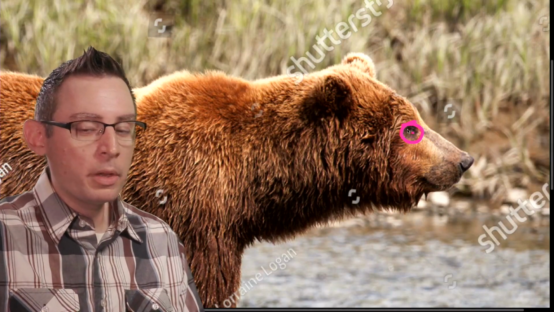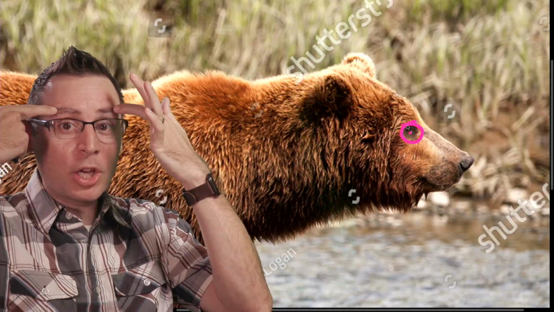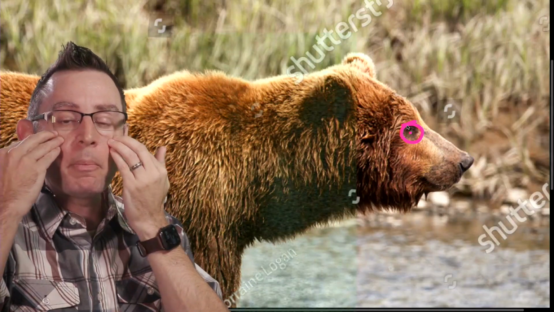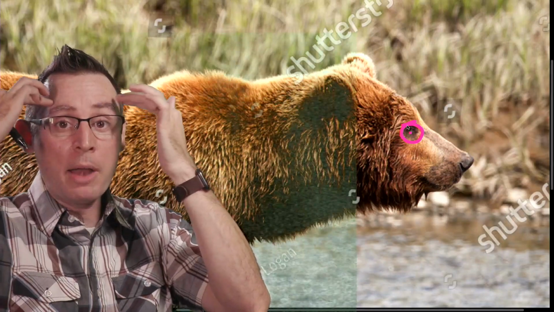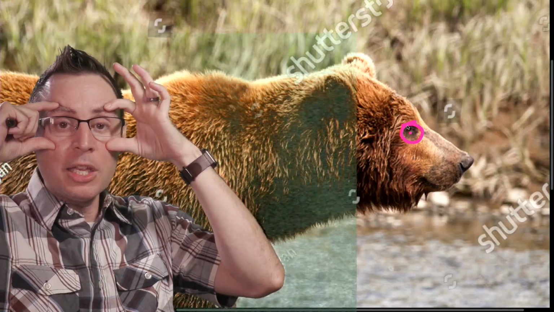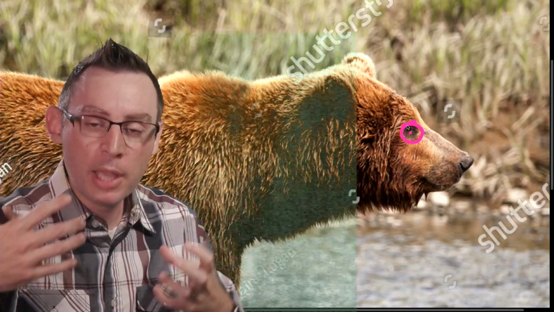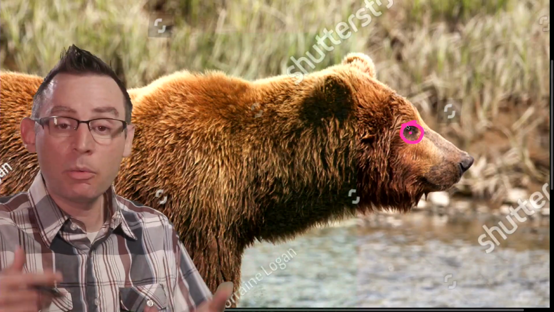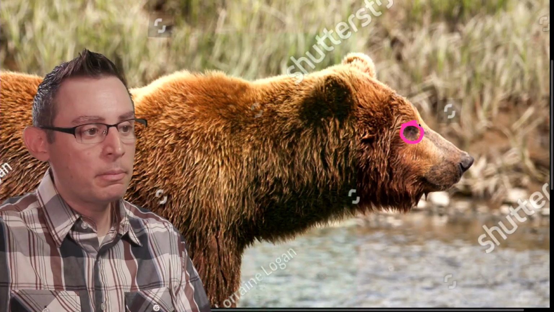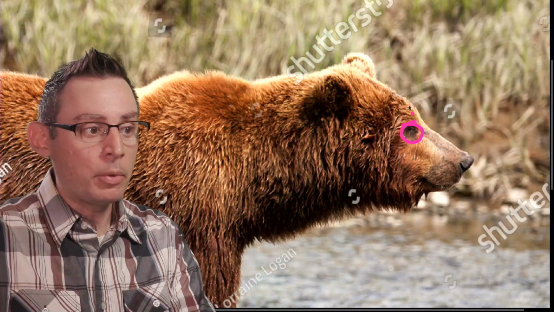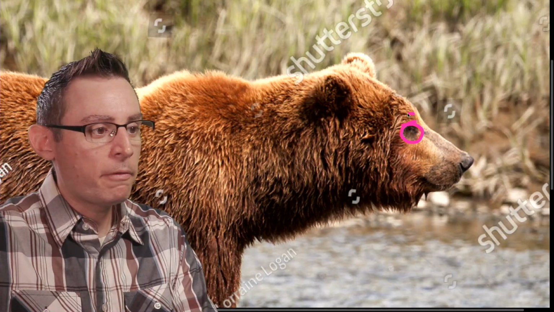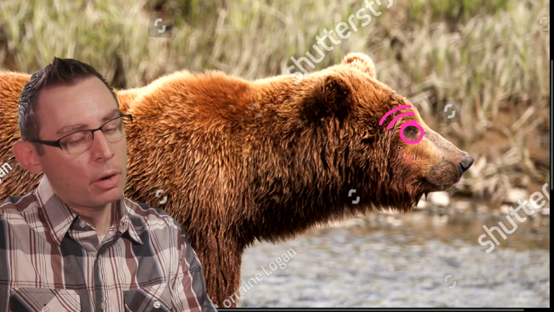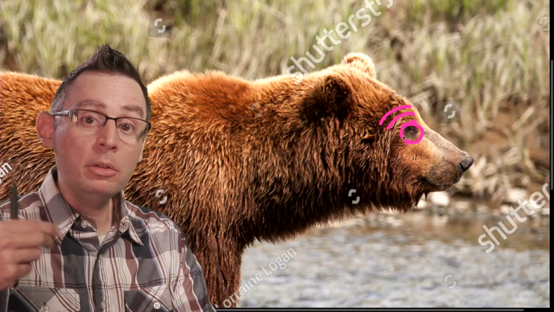Okay, the orbit of the eye is surrounded by this gigantic, hard, bony structure. You see it in our faces as well. Of course, we have the bottom of the orbit of the eye here, and then we have our eyebrow way up here. Those intense, bony structures help protect our eyeballs. As one might imagine, the eyeball is incredibly important and very sensitive, so we're going to surround it with some very bony structures. Same goes for animals. If you look at it, we have a really cool brow here that surrounds our bear. Things that we're going to want to make sure that we include in the sculpture.